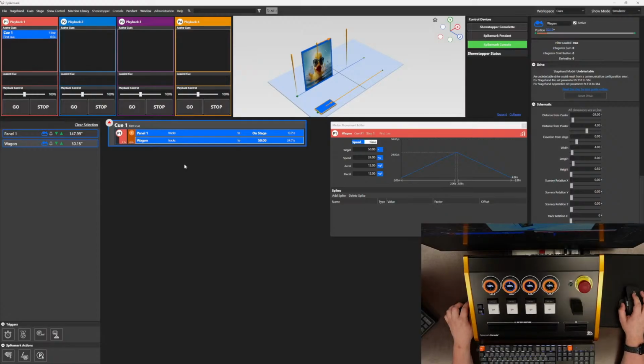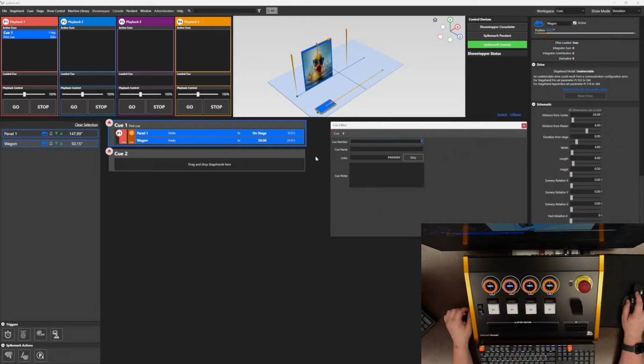So let's add another cue so we can do our first show move. There's a couple of ways to add a cue. We can right click, add cue, or we can use the keyboard shortcut Control U. When we click on Q2, we can now see this is our cue editor, where we can pick the number. We can give it a name, so we'll call this